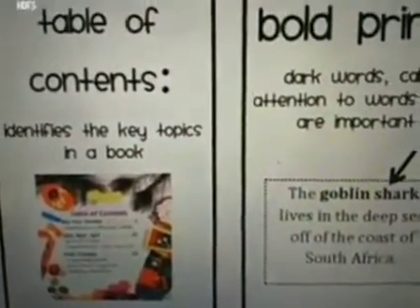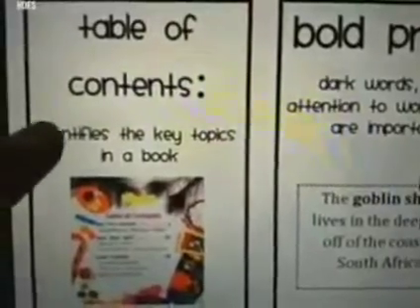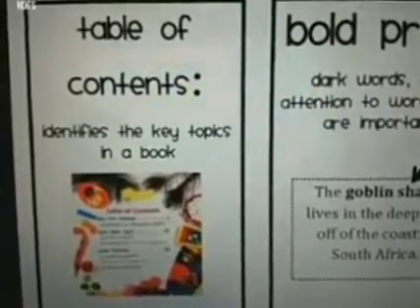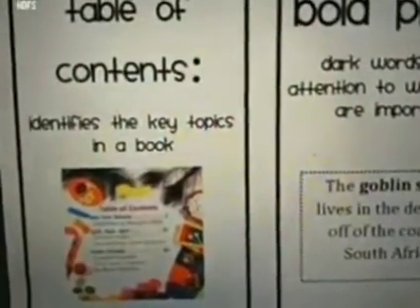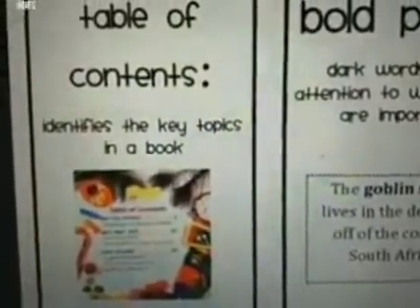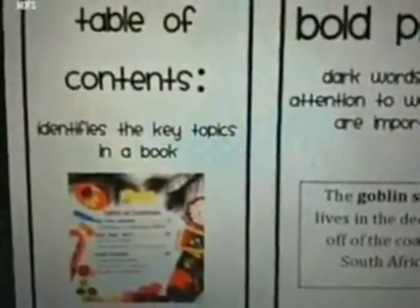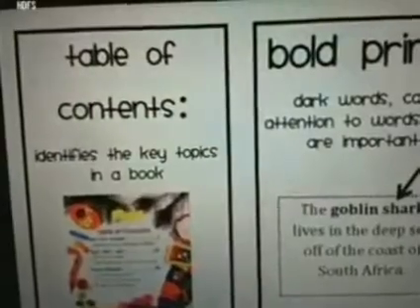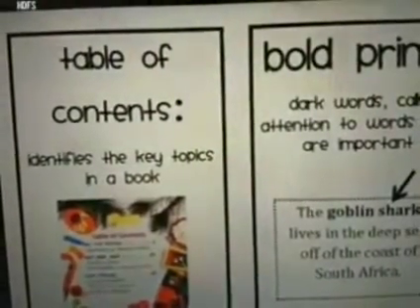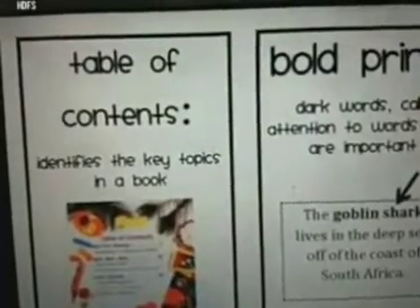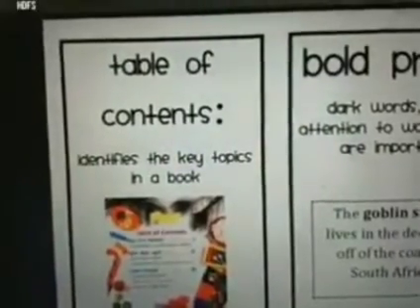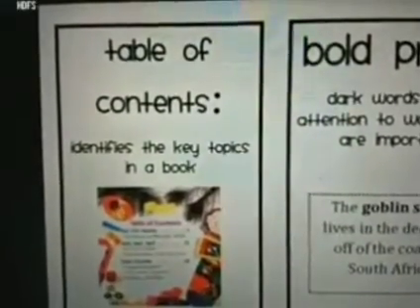And then the third important thing about a non-fiction book is the table of contents. Just as soon as you open the book, there will be a table of contents. So it helps us to see what are the different topics which are there in the book. Because this book is based on facts, there are many topics that are discussed. Much information is given. So the table of contents helps us to identify the important topics in the book.